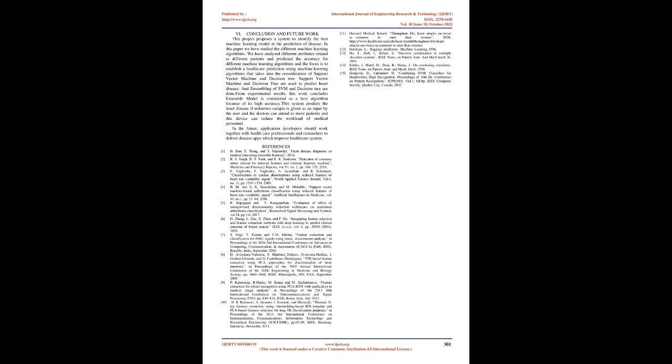D. Voting classifier. A voting ensemble, or a majority voting ensemble, is an ensemble machine learning model that combines the predictions from multiple models. This technique is used to improve model performance, achieving better performance than any single model used in the ensemble. A voting ensemble works by combining the predictions from multiple models. 5. Results. The following table 2 shows the prediction for heart disease.